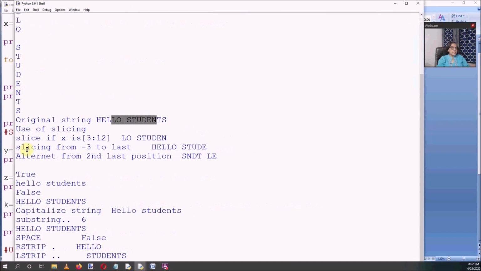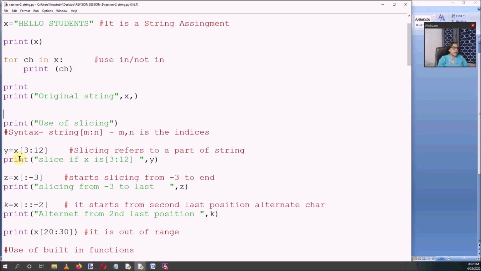Now the next slicing part, another method of slicing a string. See here x, where the starting point is missing, then colon minus 3. The contiguous part of the string will be stored in the variable z.